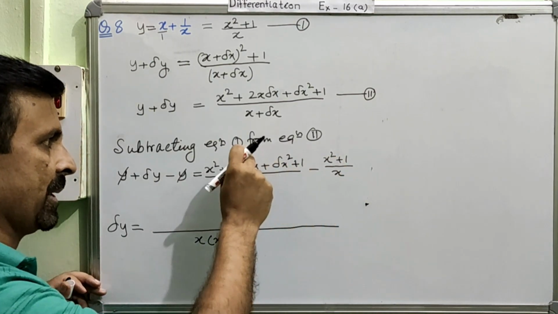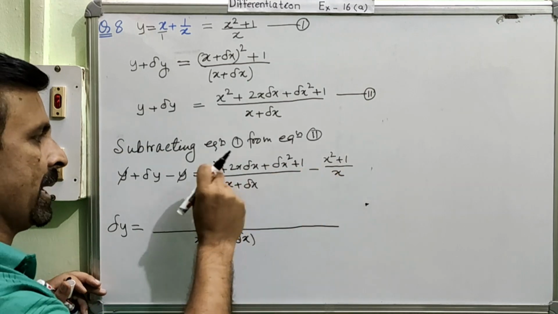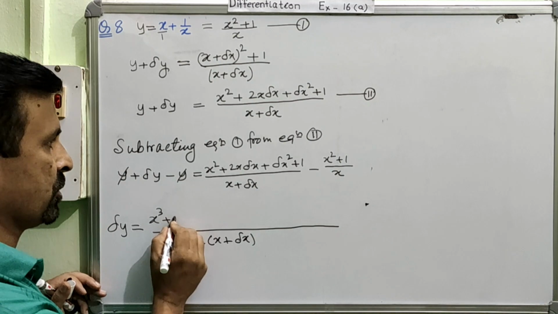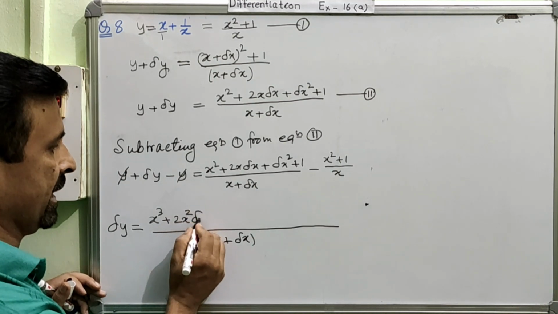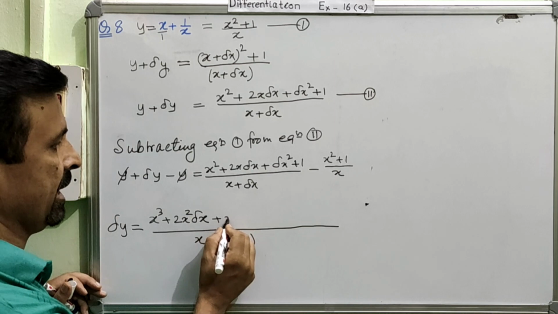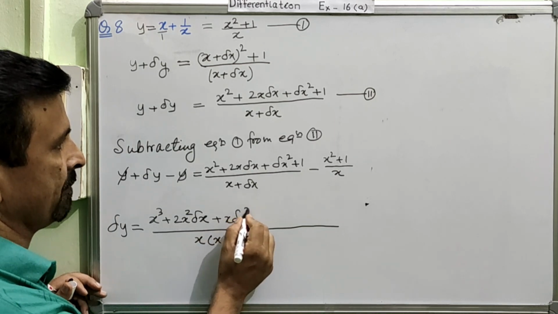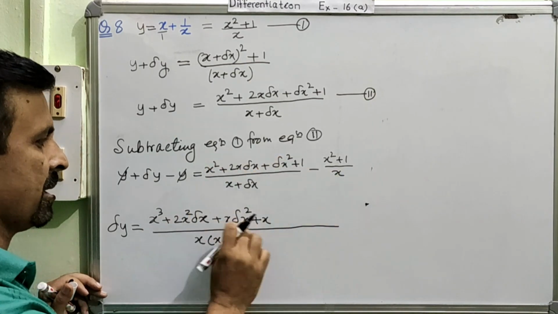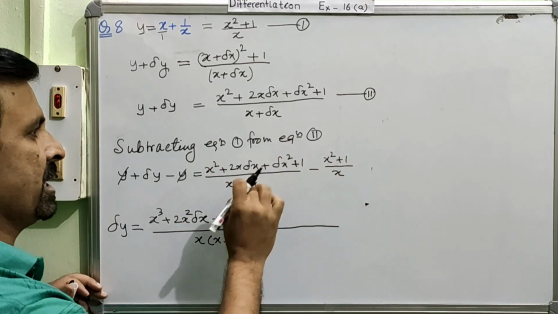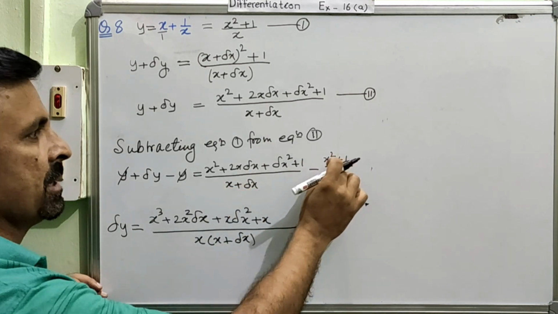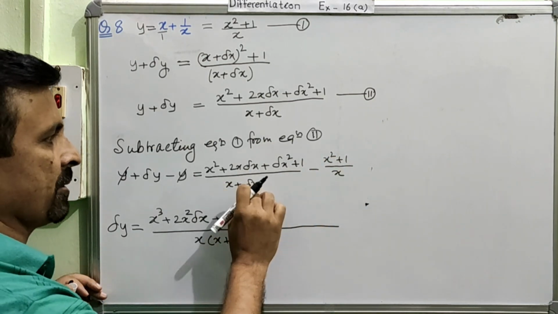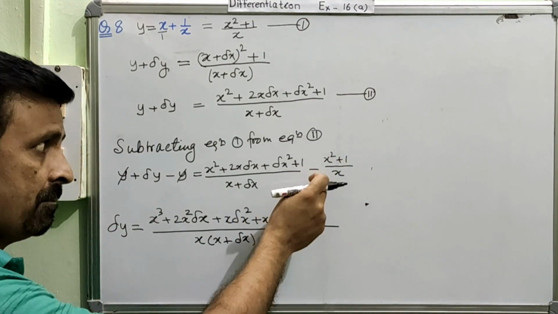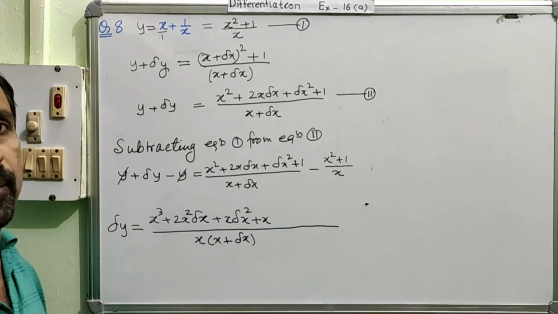Okay, so first of all let us multiply these two. So x square, x multiplying all the terms. So it becomes x cube, then 2x square delta x plus x delta x square and then plus x. So the multiplication of x with all the terms is completed now. Now I am going to multiply these two. Here both the terms are positive, here also both the terms are positive. So the product of this binomial and this binomial will obviously have each and every term positive, but because there is a minus sign, all those terms will become negative.